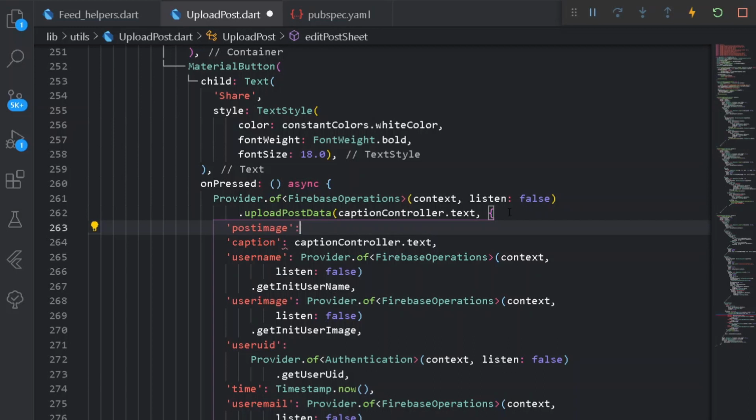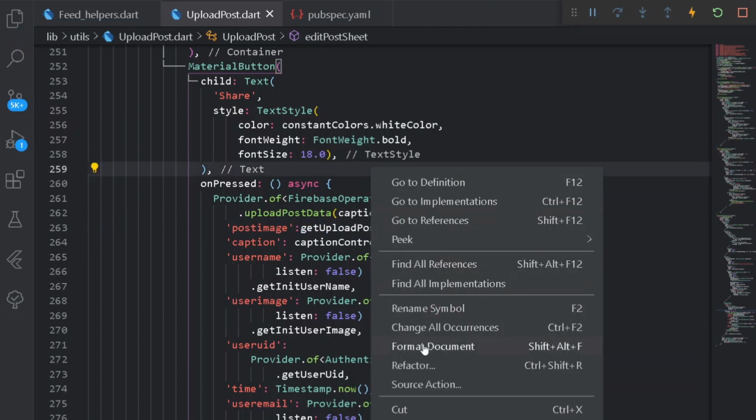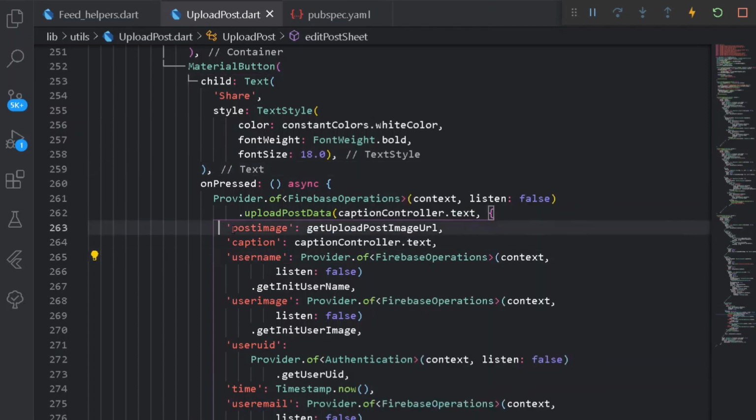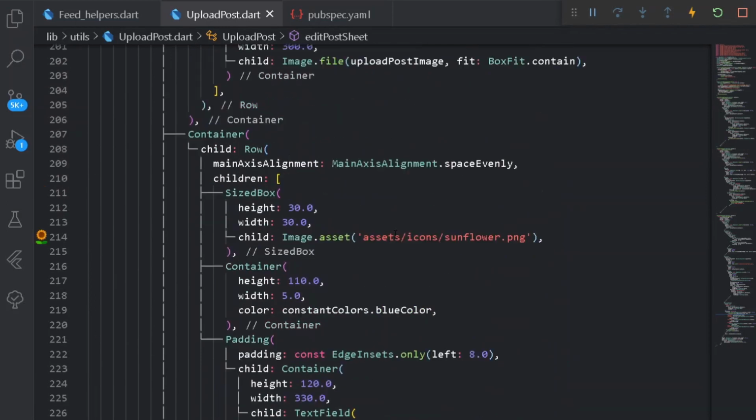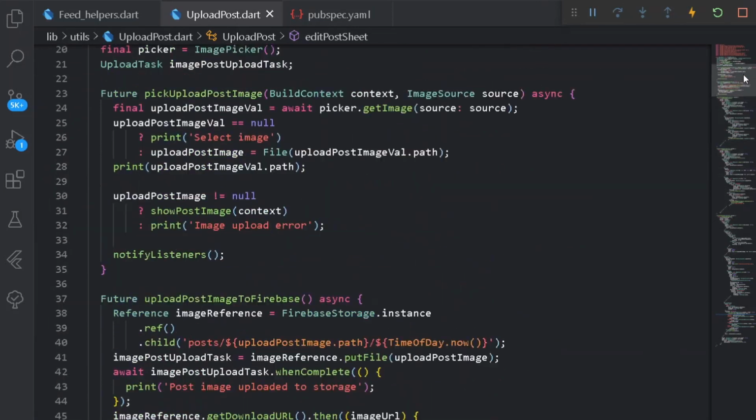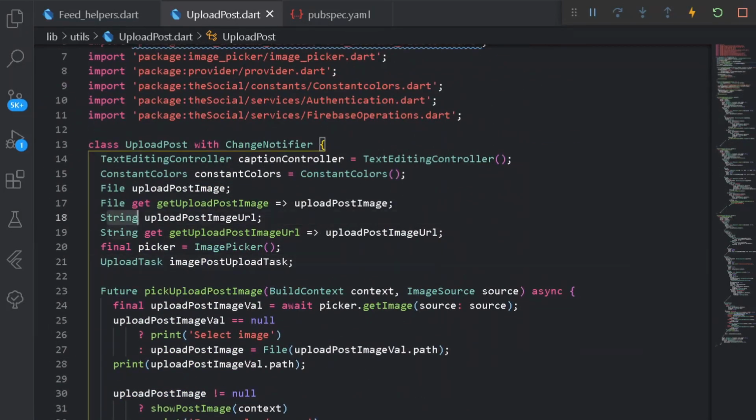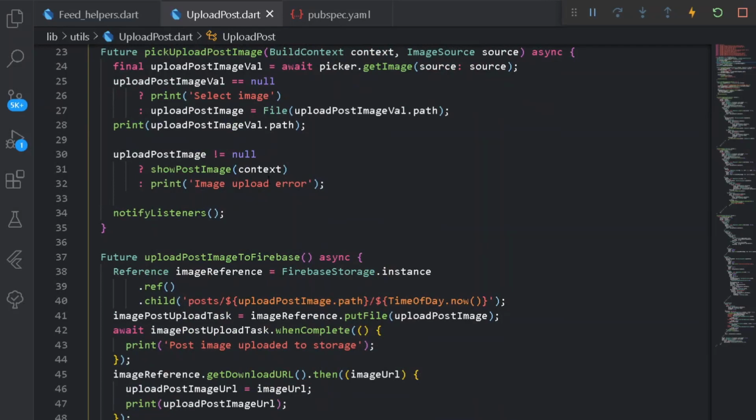The post image shall be simply referring to upload post image URL, but instead of this, let's have get upload post image URL, which is our getter. Cool, so everything is done from here. Once we have got our post image to be the get post image URL, if you remember, if I simply scroll up, which was nothing but a string of upload post image URL, we are good to go.